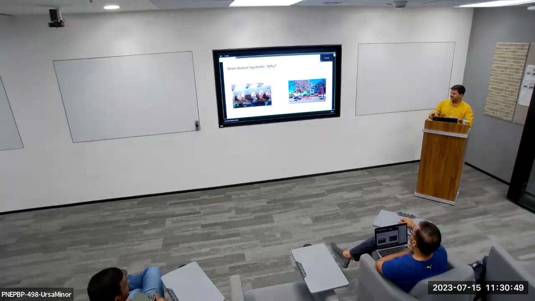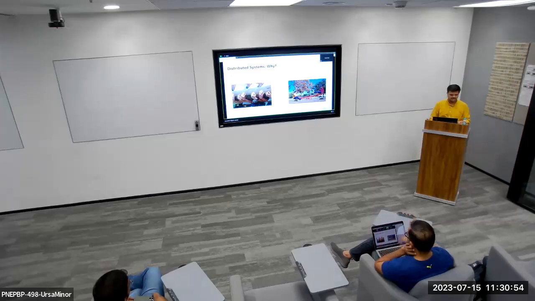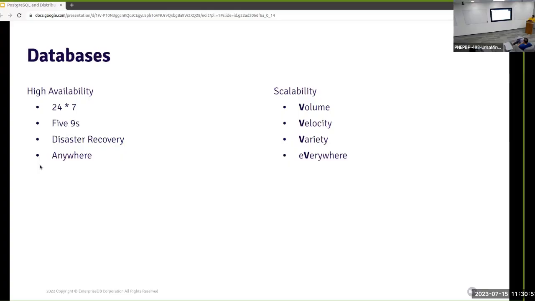And these basically are the fundamentals of any distributed system that we need to care about. When it comes to databases, these can be broken down into two sets of features. High availability, again, something which predates scalability in terms of distributed systems. The requirement is that the system should be up 24/7. When it comes to databases, the data needs to be available 24/7.